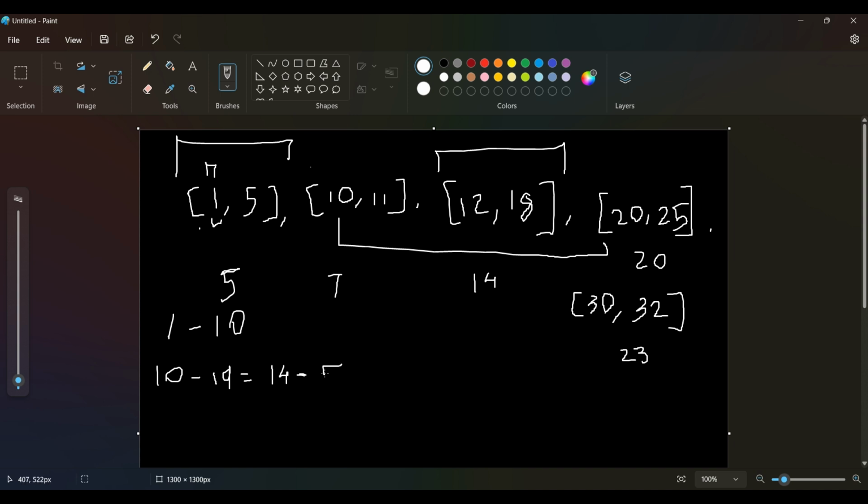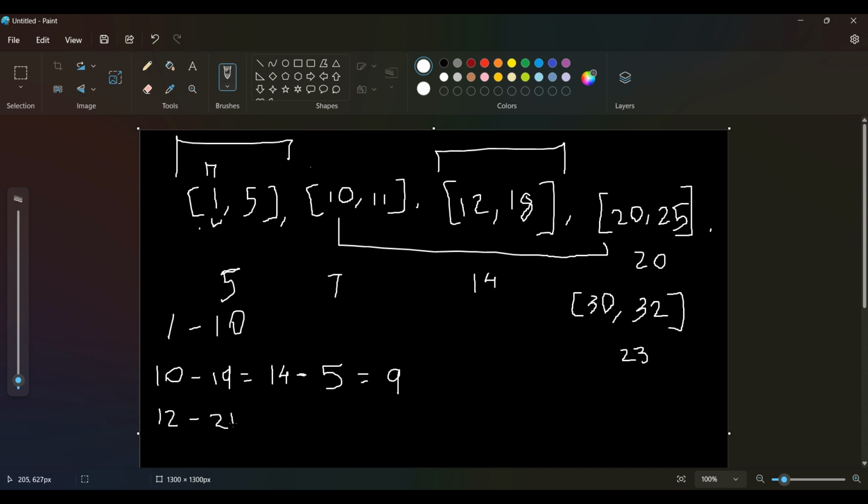So I'll just subtract the tiles at index 0, and that will end up being 9, right? And you can cross check in the example that this is the correct answer, that is 10 to 11 and 12 to 18, that ends up into 19, right? That ends up into 9. Okay, so this is one of the cases, and now let's go ahead and try 12 to